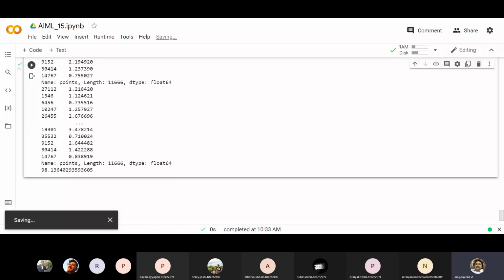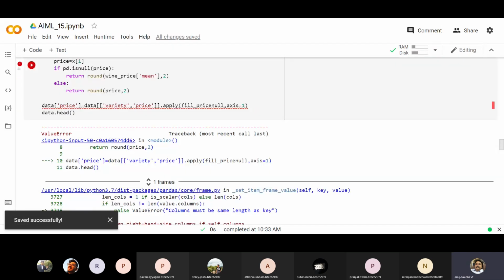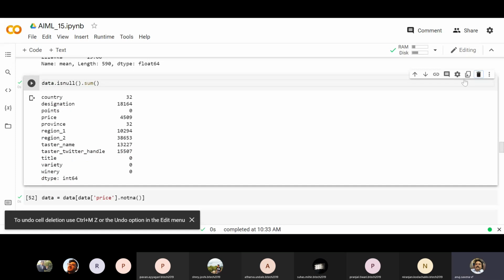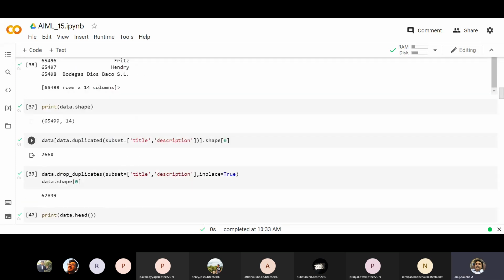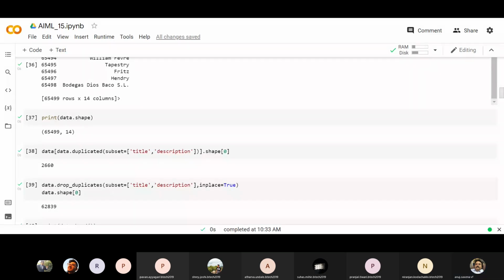Now let me clean it. I don't need this error part, so I'll just remove it. This is not required because my data is now different. But again, I don't think I can upload it on GitHub, so let me share it with you on Teams. I'll just share this data with you. There are a lot of people missing these days from the class. So anyway,